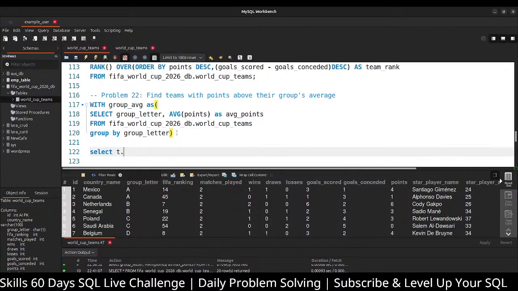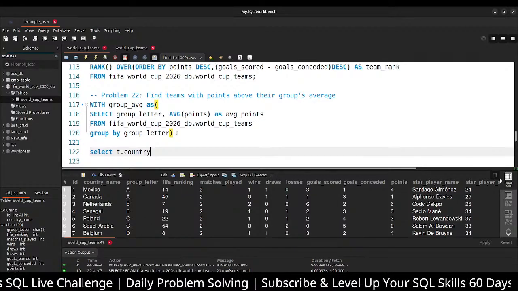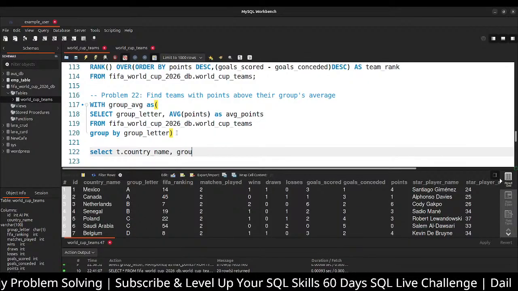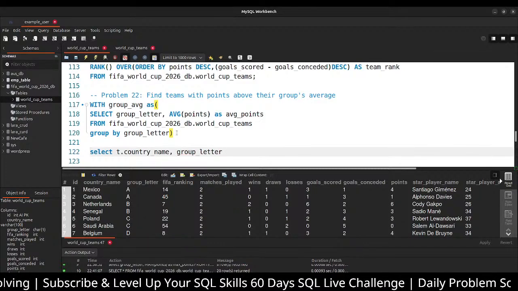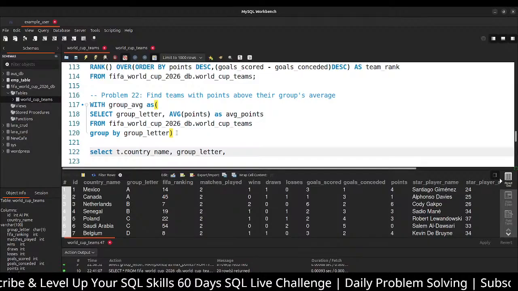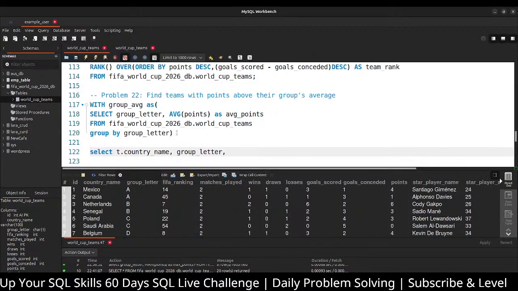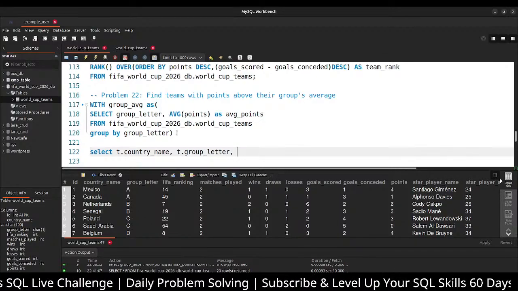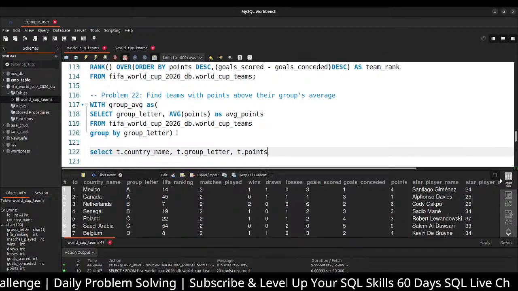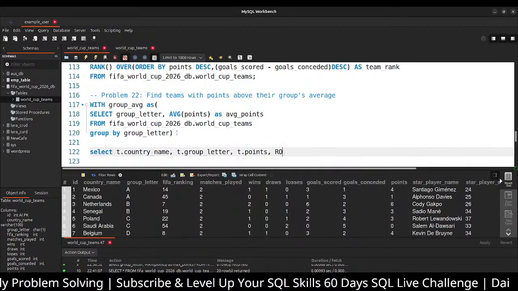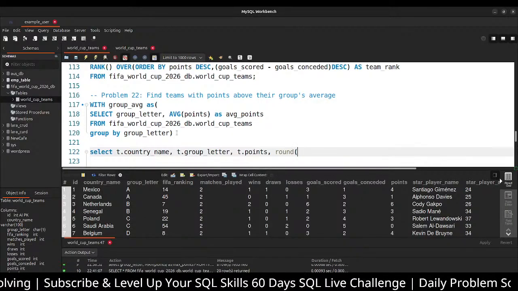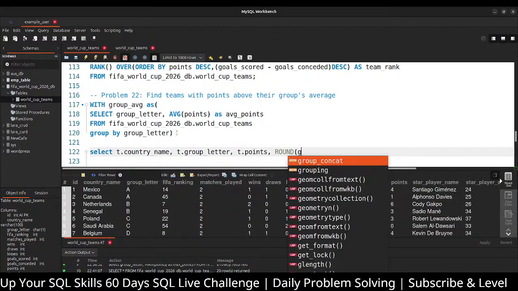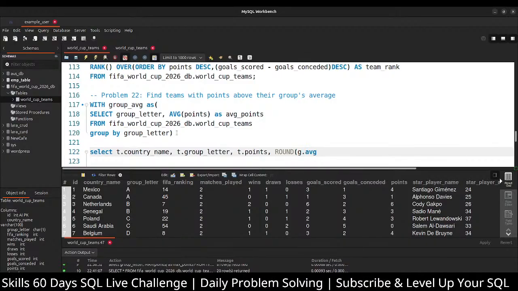Okay, select t.country_name, then we can give group_letter, t.group_letter, then t.points, and we can give round(g.average_points,